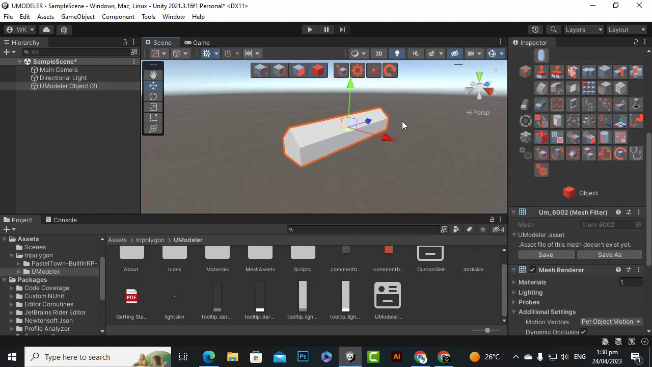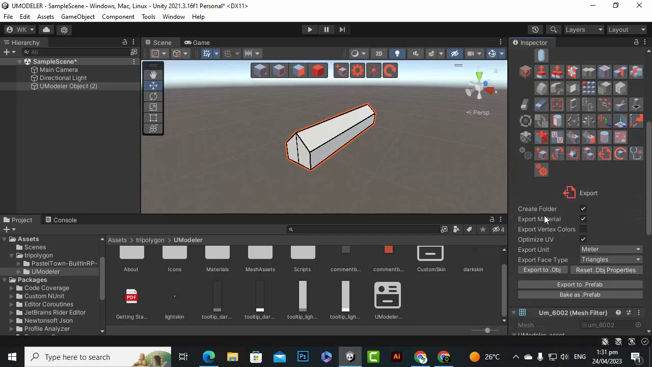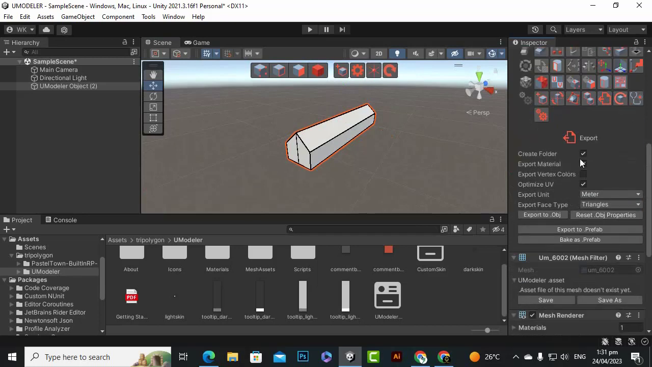So for example, we have any object, we can export it as an OBJ object. We can click here, and you can see that we have the options of create a folder. We have the option of export material if you have any materials. Export vertex colors, you can enable this, but it's not very compatible with all the 3D modeling software, so it's not recommended. Optimize UV is important, so